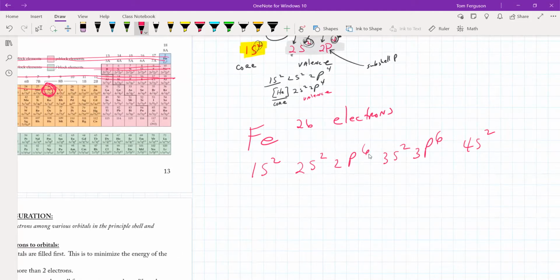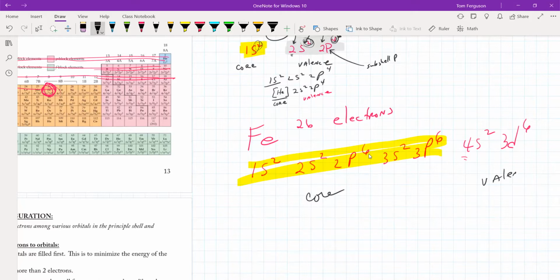And we're 6 into the D, so that's going to be 3d6. Okay, notice these guys are core. Valence. Okay, so we can represent the core by looking at a noble gas that has the same configuration as